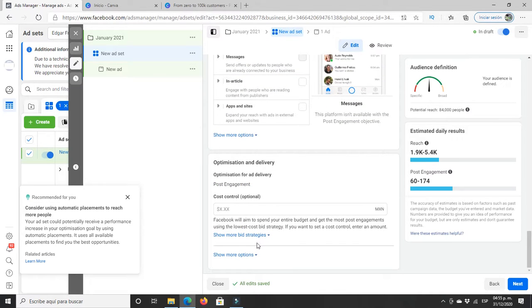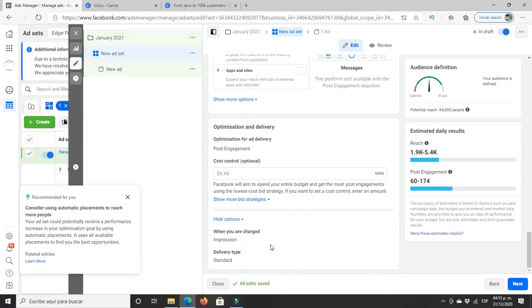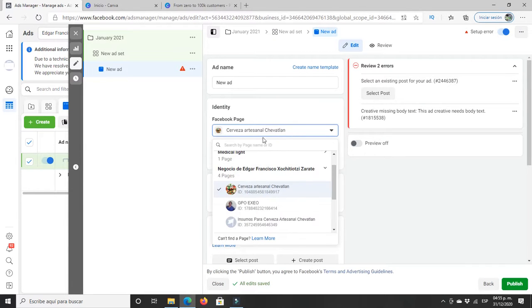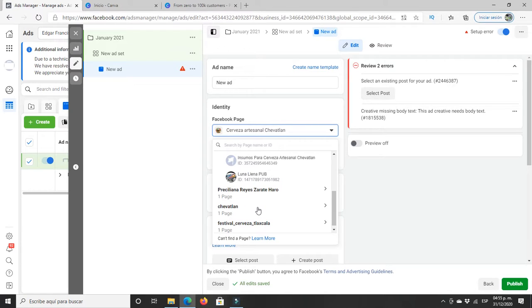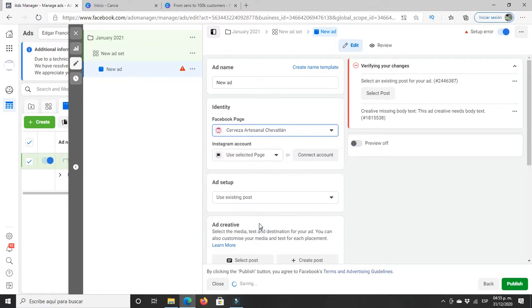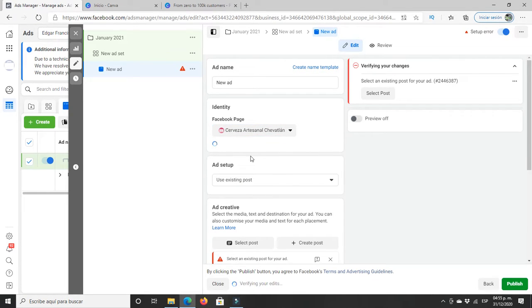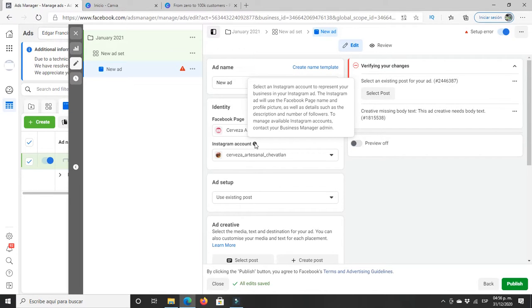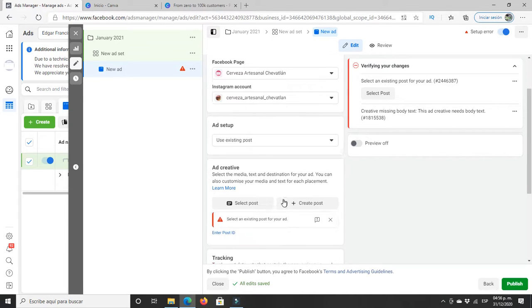And then the next part, we're going to click here on next, and you're going to select your fan page. In this case, I'm going to select Chevatlan. If you already have your Instagram page, you can select here. If not, Facebook recommends connecting your Instagram account with this platform. And then